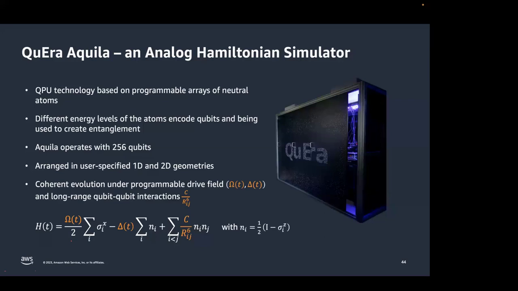Because you can just directly play with the atoms' interactions and proceed with the algorithm. So that is one advantage why these devices such as QuEra's Aquila may be very useful, right? There are advantages and disadvantages, of course. This is quite hardware efficient for certain classes of problems. This is more efficient than the gate-based approach. And here one can work with any kind of geometry of the graph. However, for gate-based problems, if you change the geometry, that might require additional overhead.